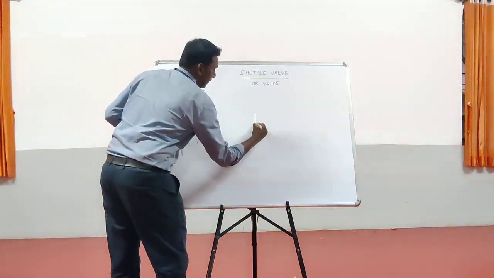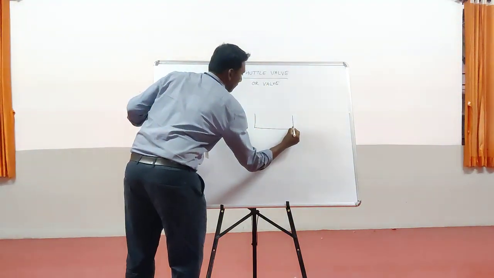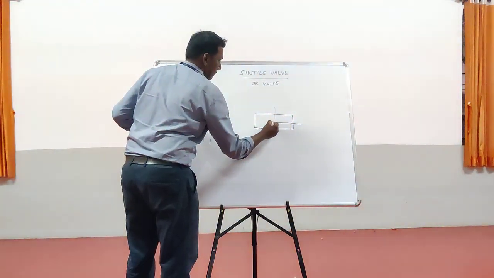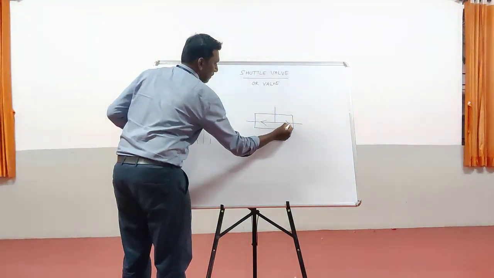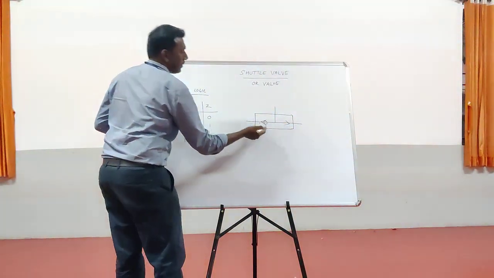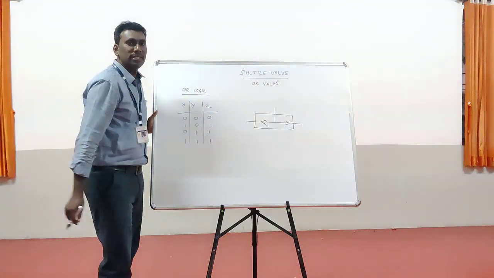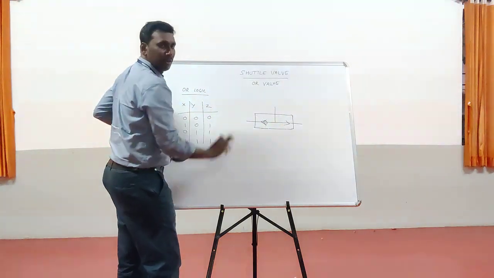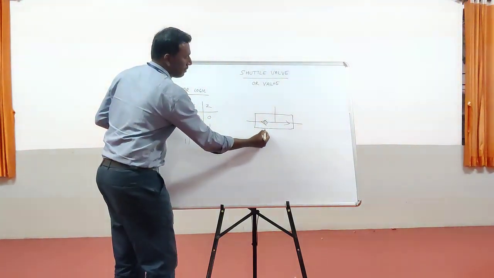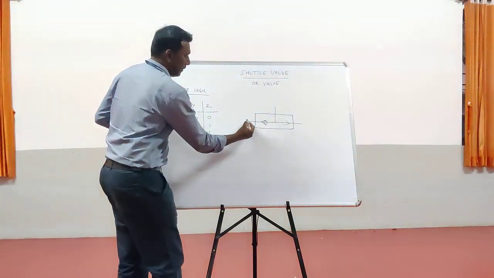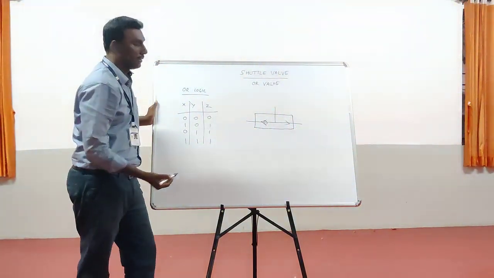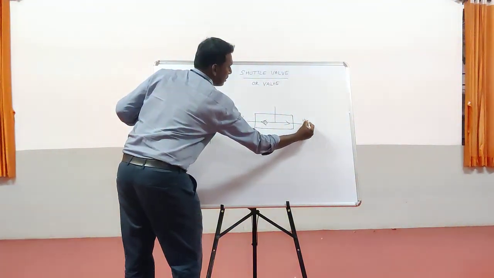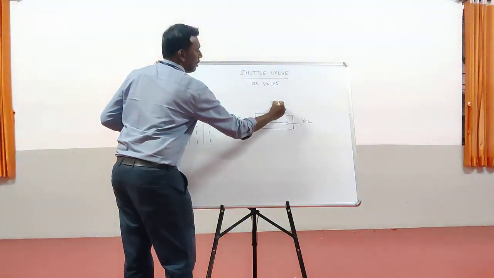So what is this shuttle valve? This is the ANSI symbol of the shuttle valve. The shuttle valve has 2 check valves with a common float valve. This is check valve number 1. This is check valve number 2. This line indicates the fluid supply line. This is input 1. This is the input of the second line. This is the output line.